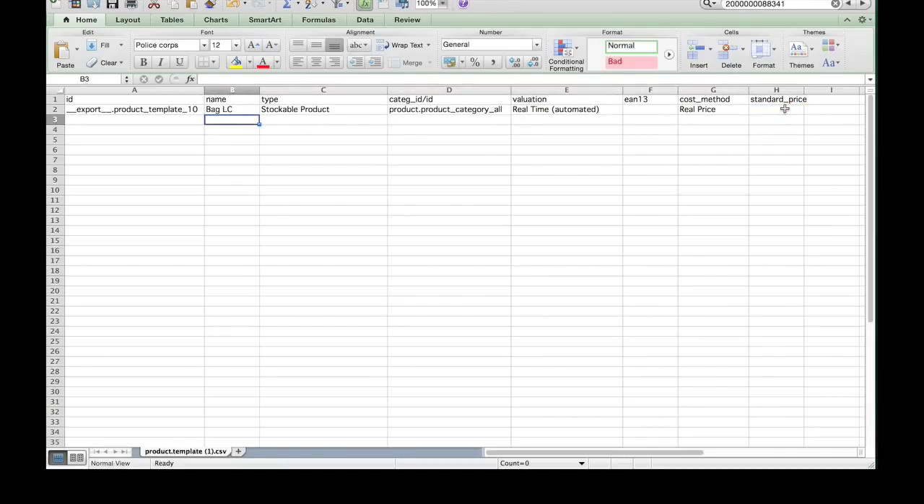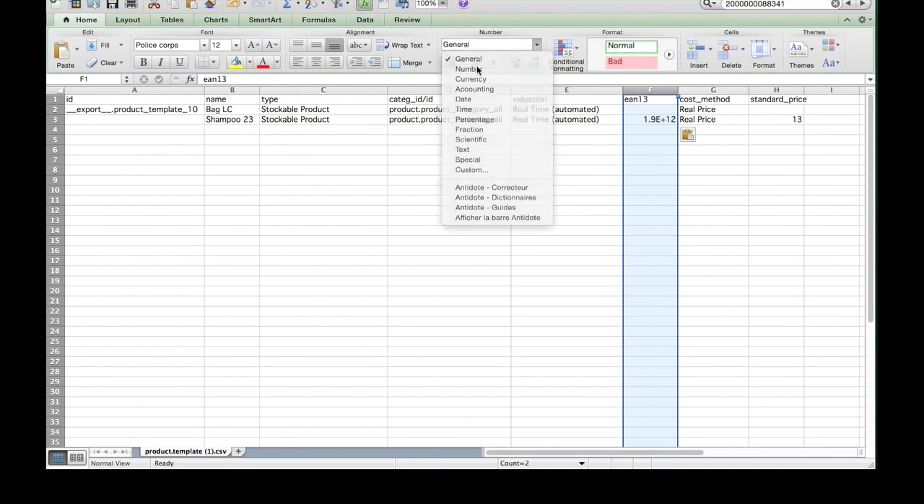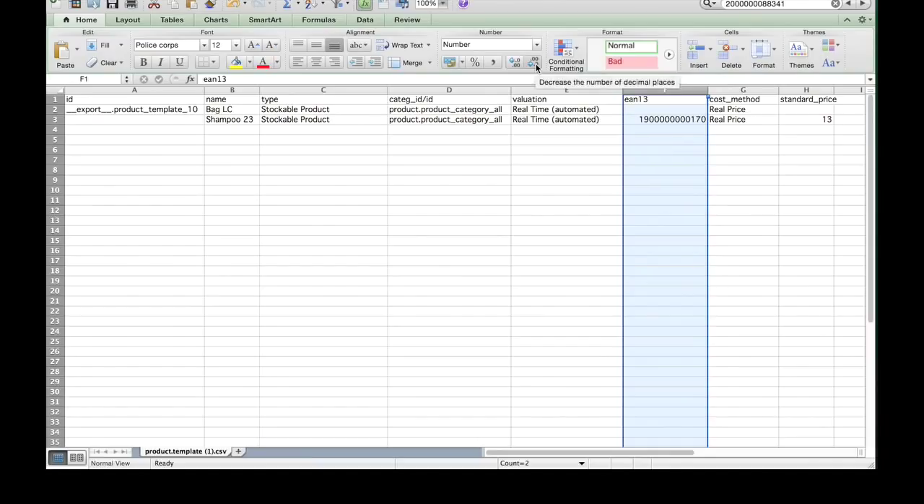Let's say I have shampoo 23. The type of product is also a stockable product. The category is the same category, and everything is the same, but I already have a standard price. It's going to be £12, and I have the EAN number. And this is my EAN number. In Excel, you need to put this as general number, and you take away the decimals. So I have my shampoo,